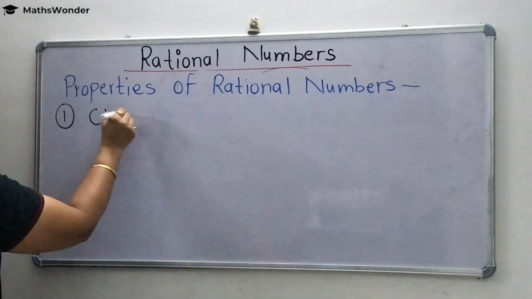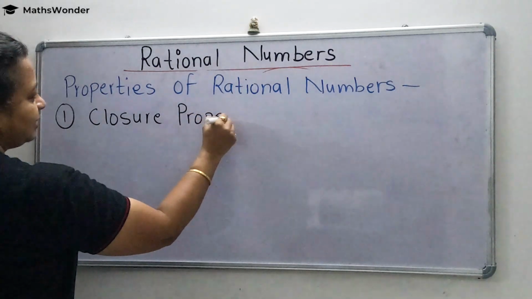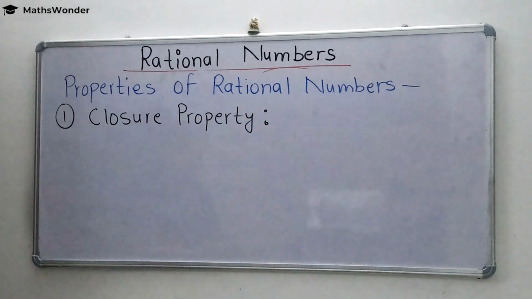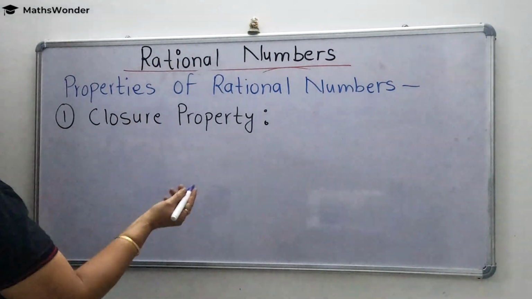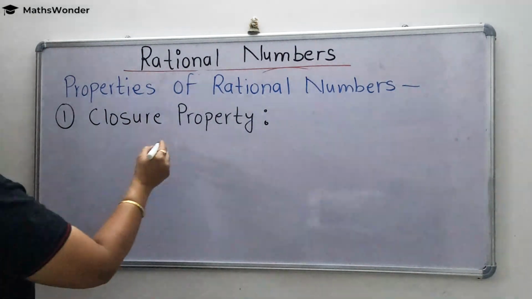Have you heard this name before? No, I haven't. Closure property. So if we are doing the closure property with natural numbers, see the basic format of the closure property is,